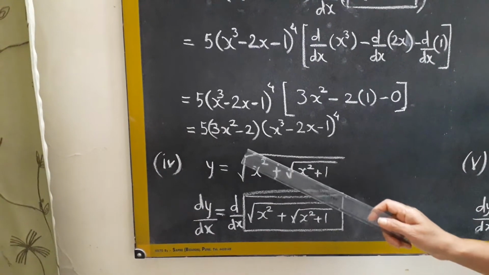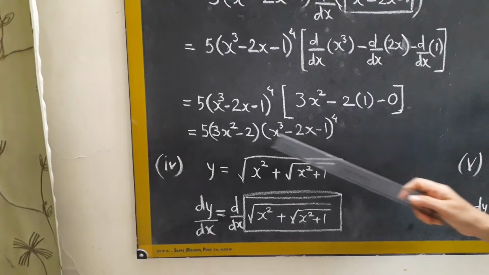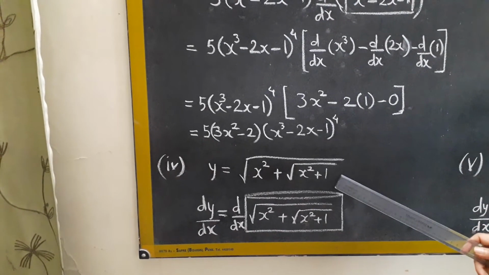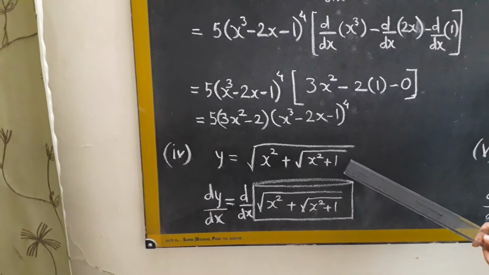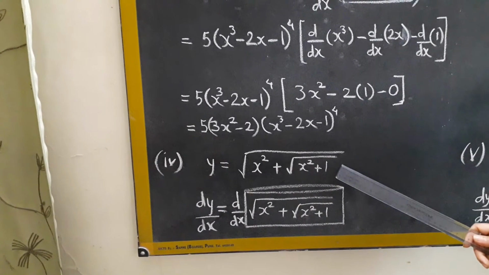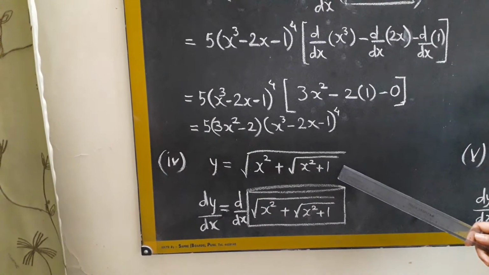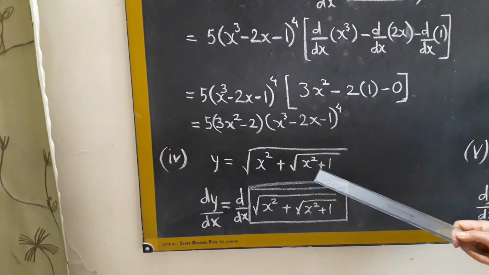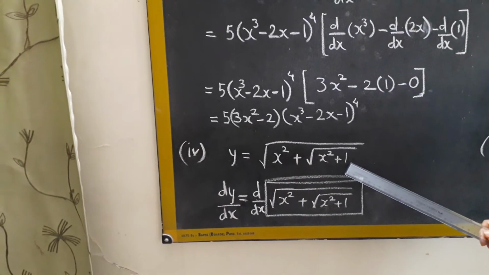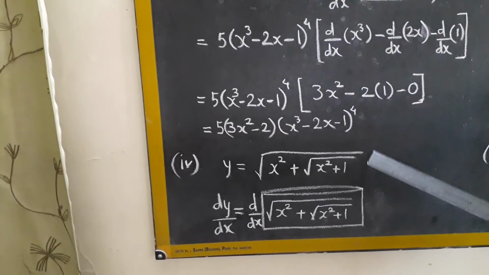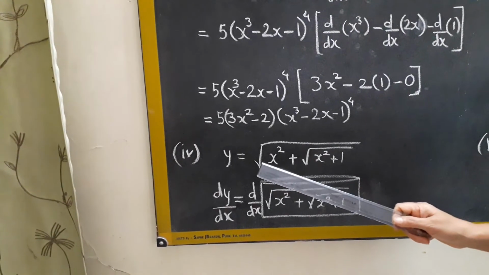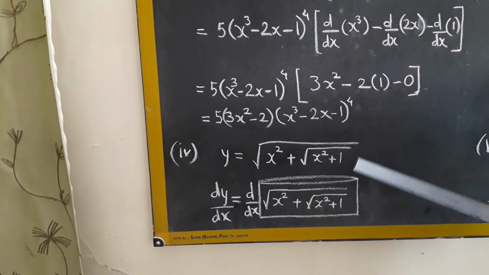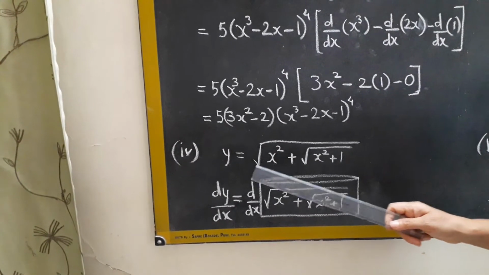Now the first question is, how many terms are there to differentiate? You can check that there is only one term. So there is no question of finding out the derivative using the addition or subtraction rule. But now we will ask the next question, is there any multiplication or division for the expression y? You can note that there is no multiplication or division in this case, and so we ask the next question to find out the differentiation.